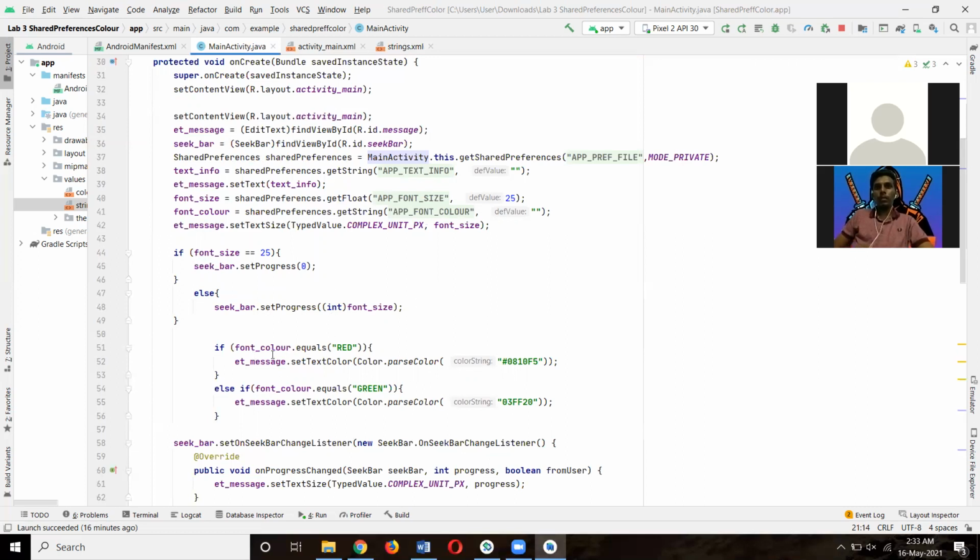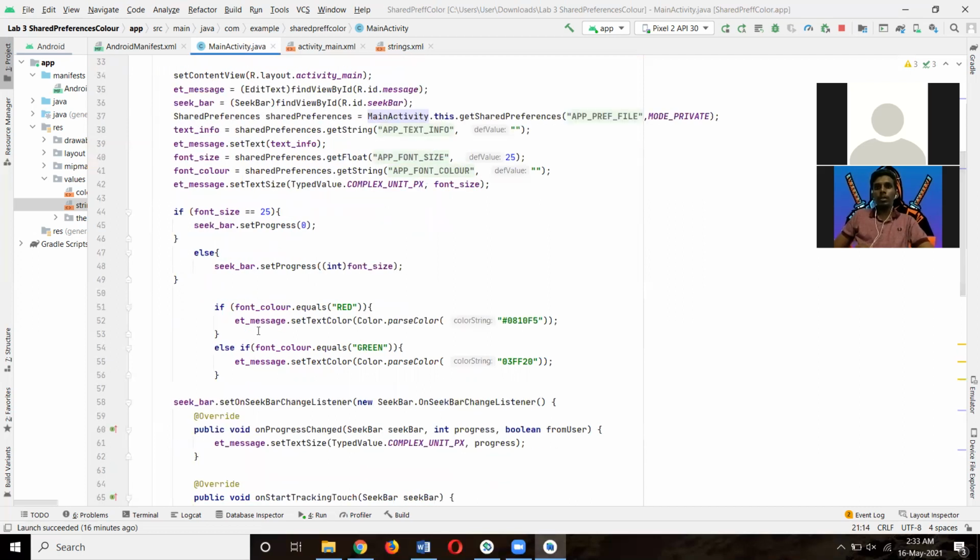If font color equals red, the etMessage takes parseColor of this code, and else if the font color equals green, the etMessage text color parseColor is this code. Sorry, my laptop is a bit laggy.